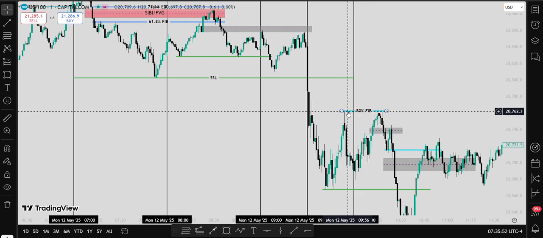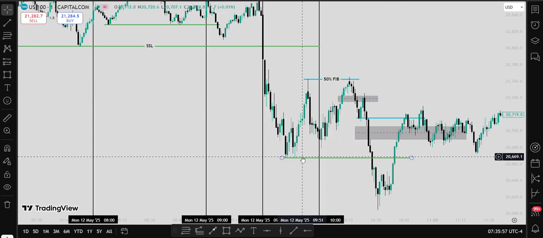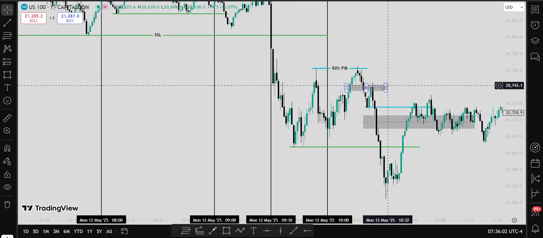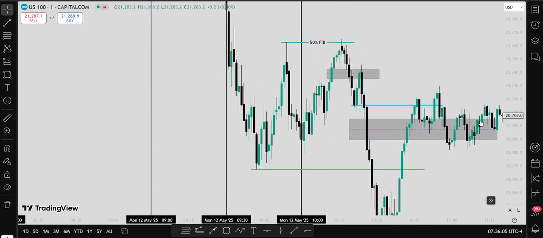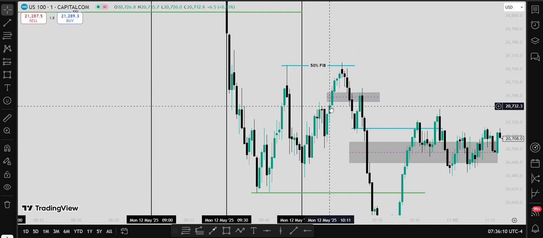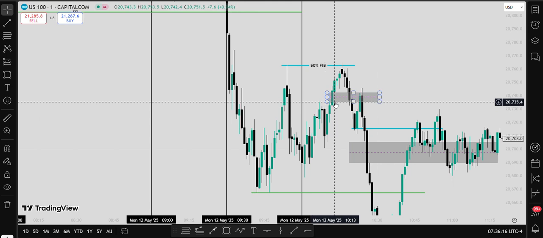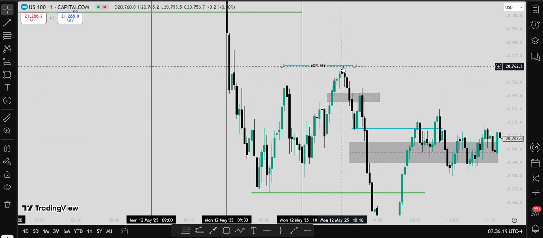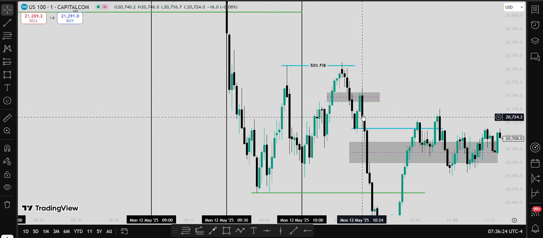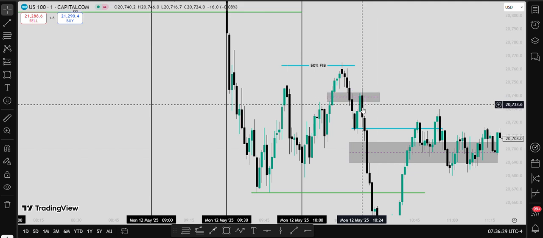But since the liquidity was taken right here, the only confirmation we were waiting for is whether we are going to take the liquidity right below these equal lows. And the only confirmation I got was this. After this liquidity was taken right there, there was this inverse fair value. It took out this high right there, went up, took out this liquidity, closed below the inverse fair value, retested the inverse fair value, and as you can see, the wicks did the damage, but the bodies